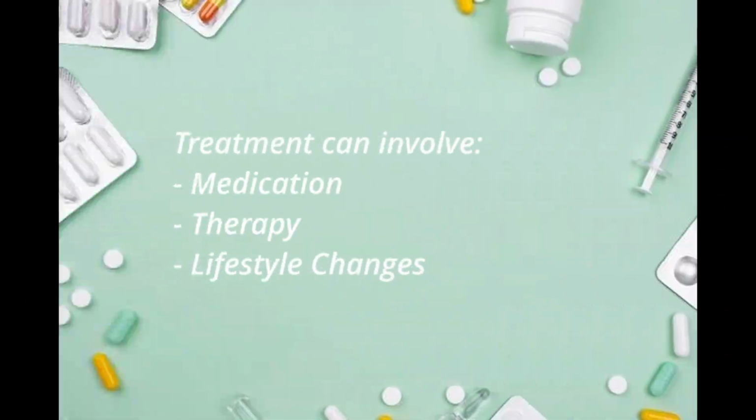Just like how the classroom can be restored into order with the teacher's help, treatment and recovery from a seizure can involve medication, therapy, and lifestyle changes. The goal is to help the brain's electrical signals return to a normal, coordinated state, allowing the person to function normally again. So, how do you know when someone is having a seizure?